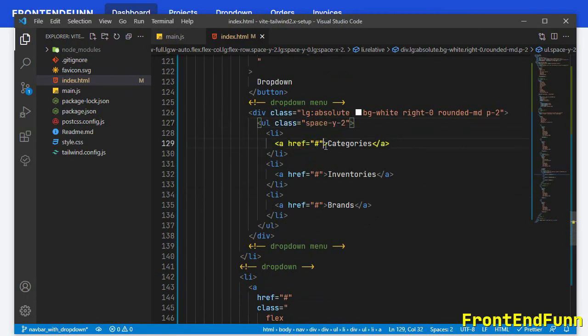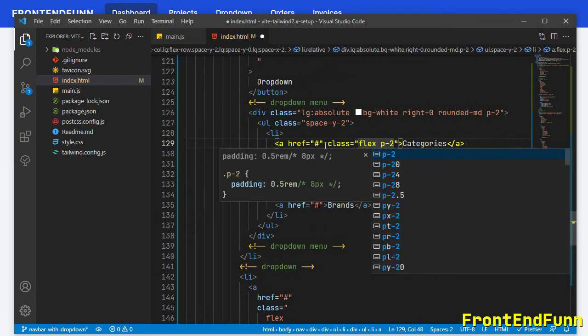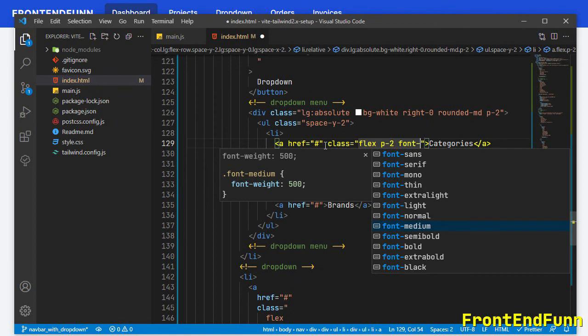and for all the links I'm going to display it as flex, and let's give it a padding of p2 and set the font to medium.